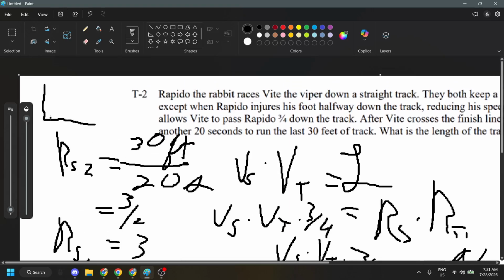Start with Rapido going 3 feet per second, and then halfway down, he injures his foot, goes like this. Vite catches him 3/4, so he catches him right here. So he's going like this. I feel like this is figure-outable. And then that's when he reaches the goal here. And then we know the distance here is